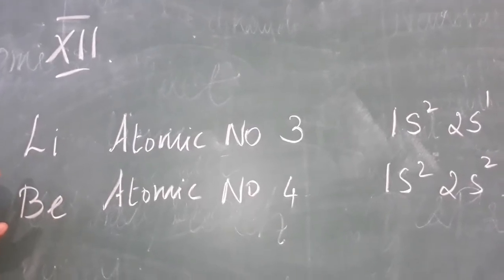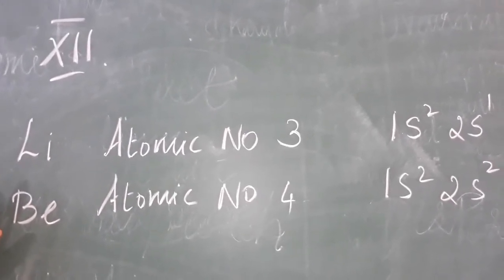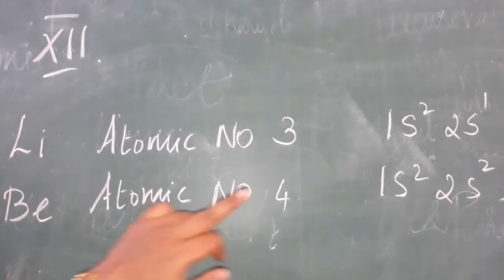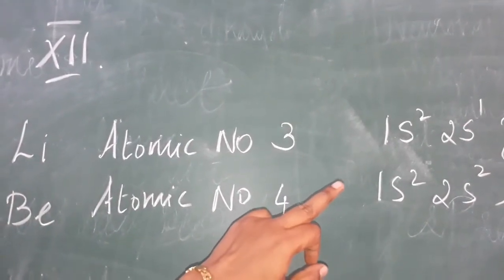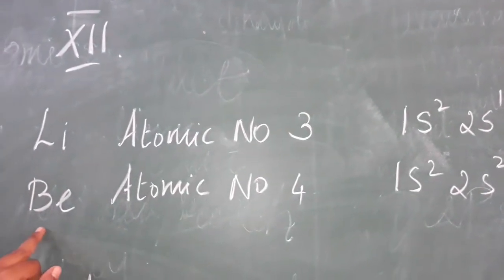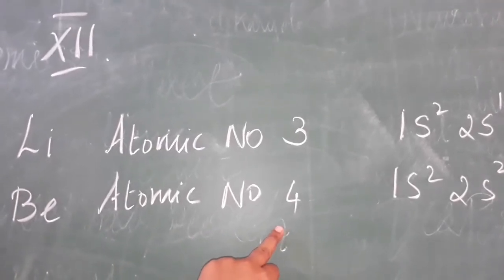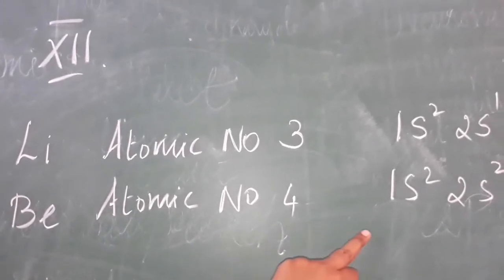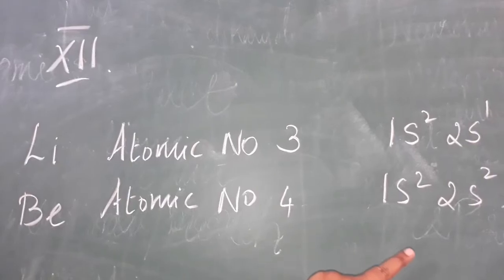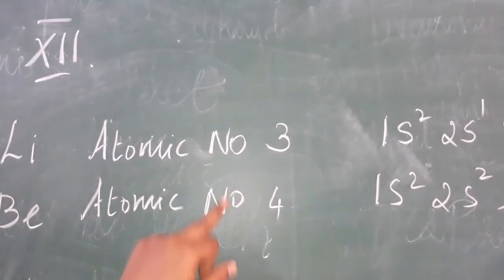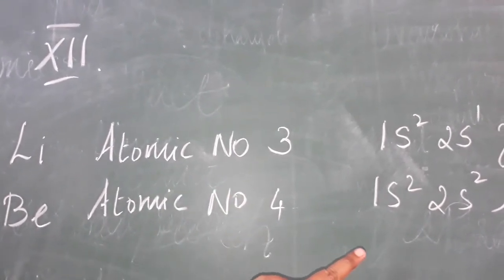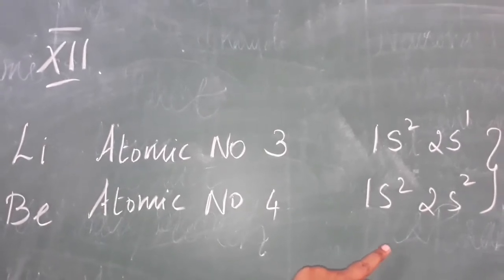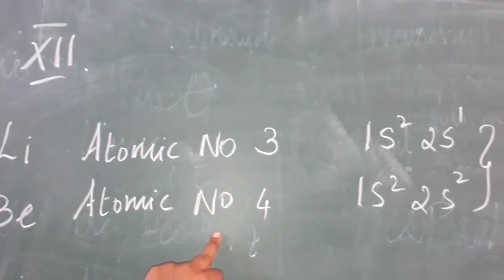Atomic number 3 means there are 3 electrons. So 3 electrons means electronic configuration 1s2, 2s1. For beryllium, atomic number 4, so 4 electrons are there. So electronic configuration 1s2, 2s2. Here in these two elements, the last electrons are entered into the s orbital, so these elements belong to